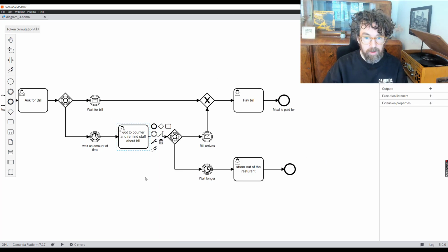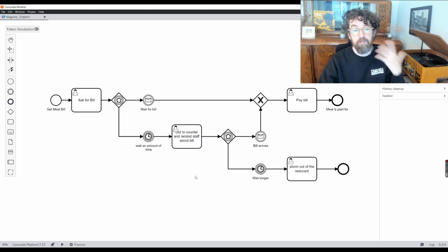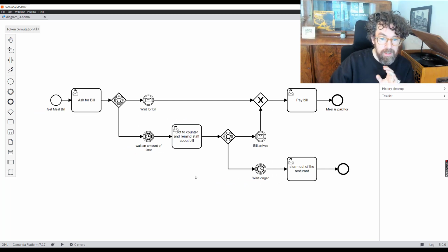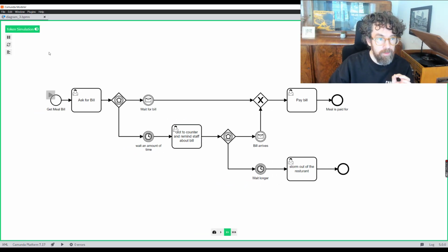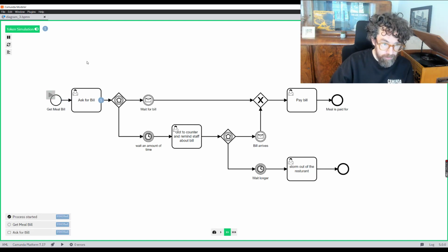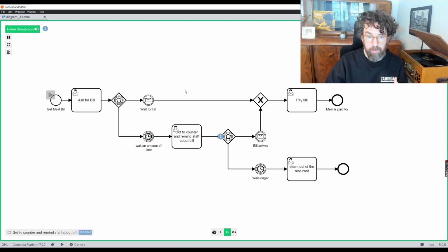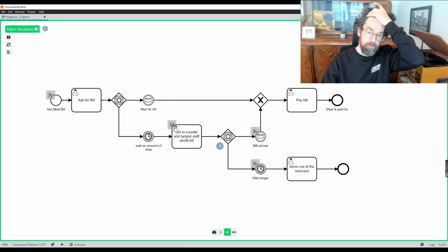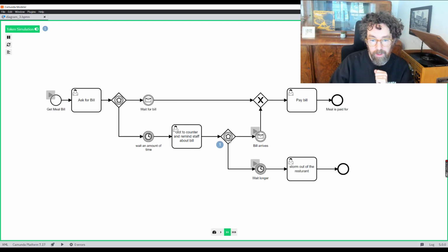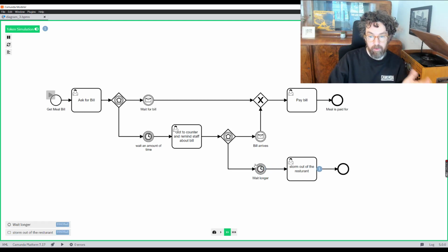So let's take a look at our lovely process, which is the first iteration of what we're trying to do here. And you can see it basically does what we want. Okay, so if we ask for the bill, we will arrive here. In this case, we wait a certain amount of time, and we go down here, and we've asked for our bill to arrive, and it comes here, and we're now waiting again. And of course, it's possible the bill does arrive. It's also possible to wait too long. We go this way, and we storm out the restaurant, and everyone's angry. Okay, so that takes care of some things.